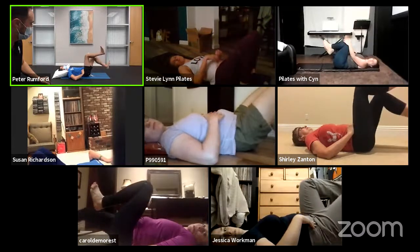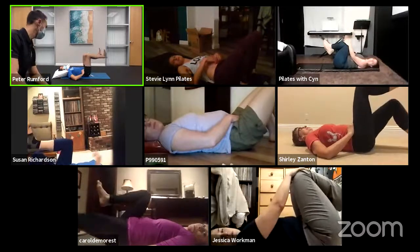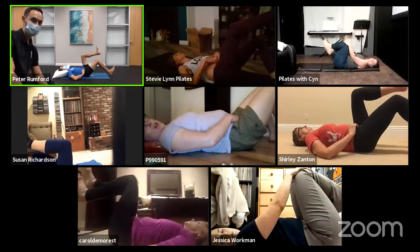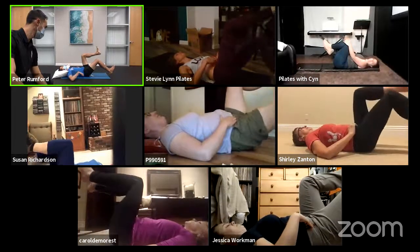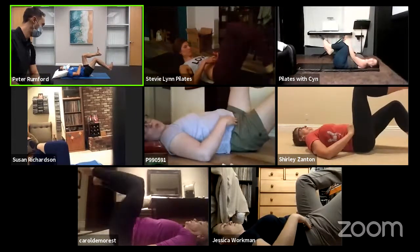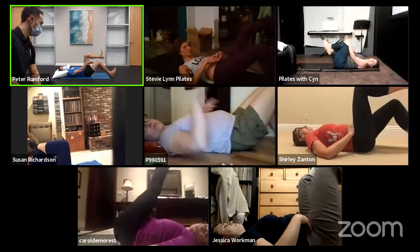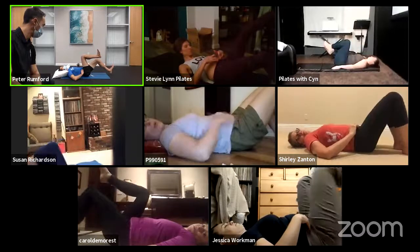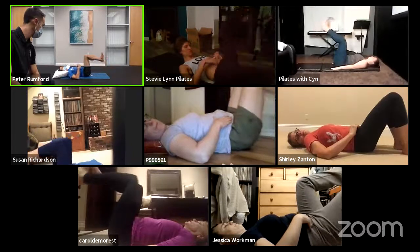Can I add one thing? Yeah. So as you're doing this exercise, what I'd encourage you to do is on each leg, pause before one heel gets to the ground and reassess that position of your back on the mat. Are you still equally weighted from the right hip to the left hip and the right shoulder to the left shoulder so that your back is flat on the ground? If you find you're getting pulled or arching towards the leg that's moving, you're not activating your core strong enough for this particular activity because the weight of the leg is drawing you towards the movement. Okay? So it's good to pause at that transitional point to see, do I have stability and do I have control here, so that you're not just sloshing back and forth and losing that neutral position of your spine